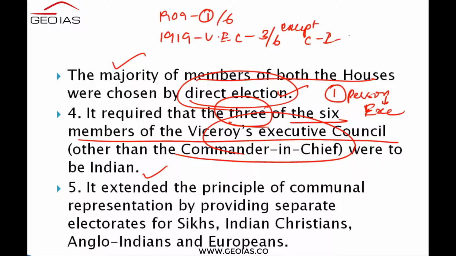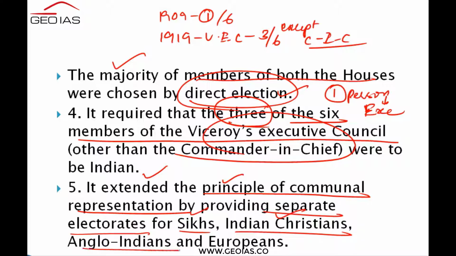And it extended the principle of communal representation by providing separate electorates for Sikhs, Indian Christians, Anglo-Indians and Europeans. Earlier, I said, in 1909 this communal electorate was given to Muslims. So the Muslim people could only elect a Muslim representative. Here it was extended to Sikhs. So Sikhs can